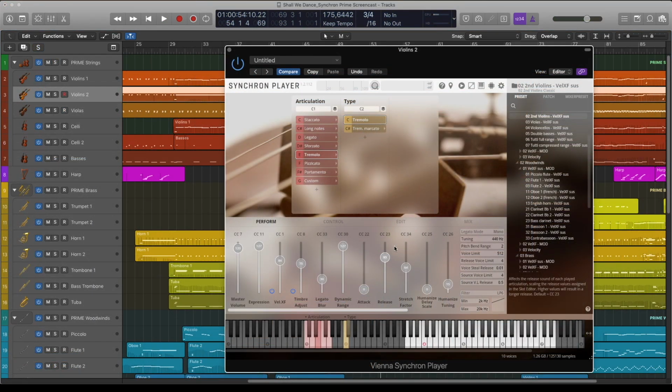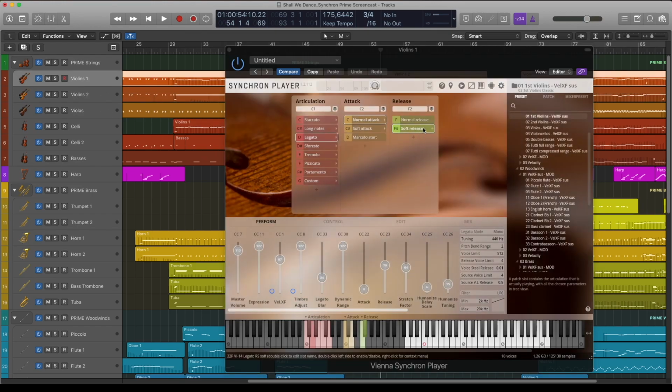By the strings I often like to use a higher release setting or the soft release articulation. I find it very musical and it works great on slow material.